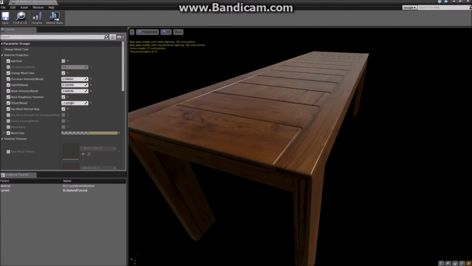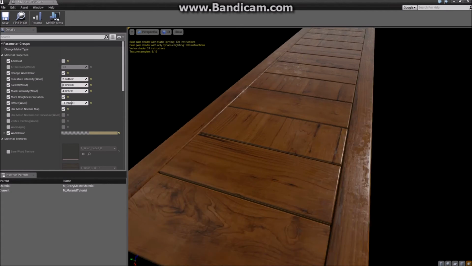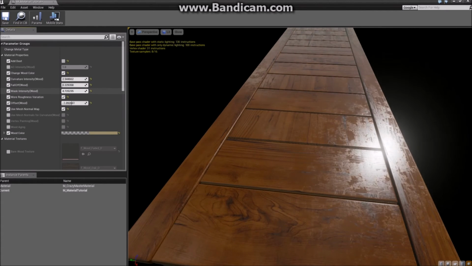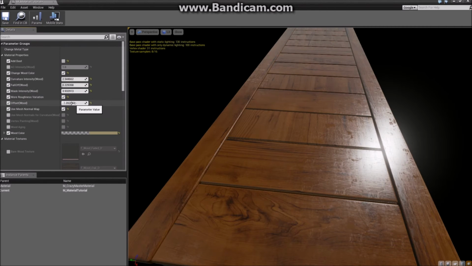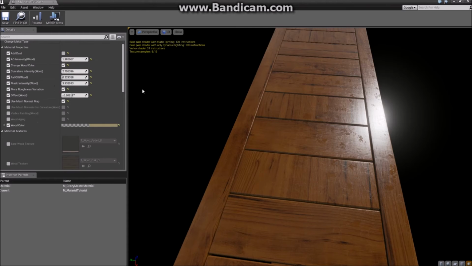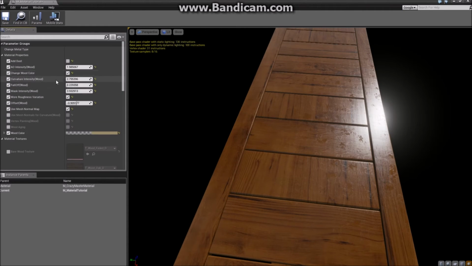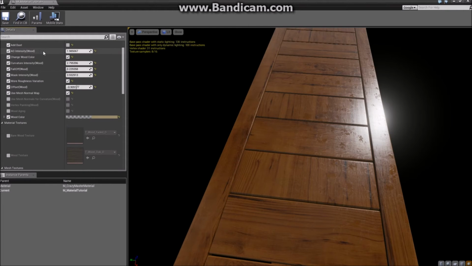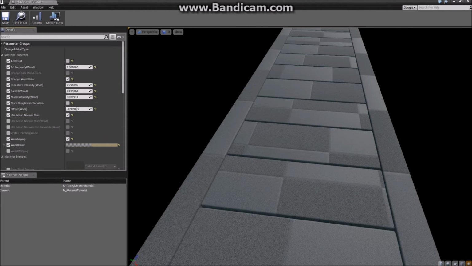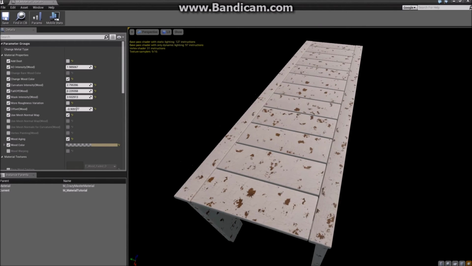Use normal map for curvature option. It uses the normal map instead of the curvature map. That is if you don't have a curvature map baked, but its results vary from object to object. It works nicer with hard surfaces, but I won't recommend using it unless you don't have time to bake a curvature map, or you don't want to bake it.